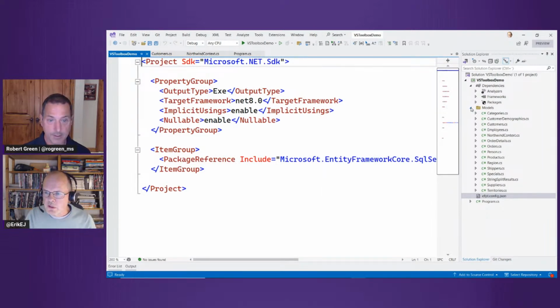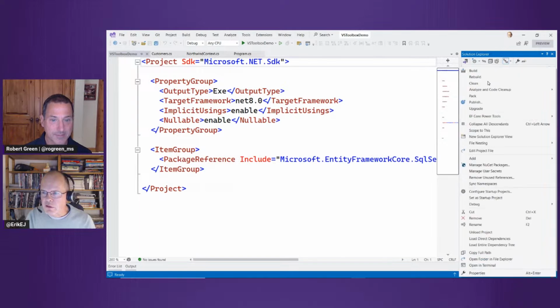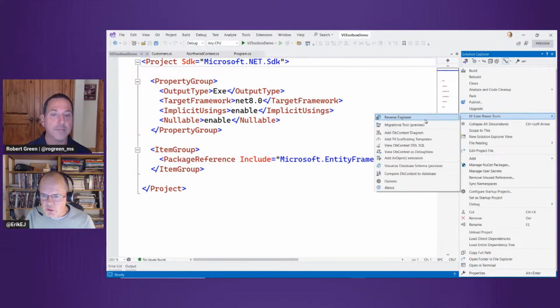So let me just quickly show another small feature that has been added recently. It was there, and then it left, and now it's back again with a vengeance. I've added another feature to Power Tools that allows you to visualize your database schema. It used to be there, but it was really hard tied to SQL Server. But now this little gadget here actually works with any